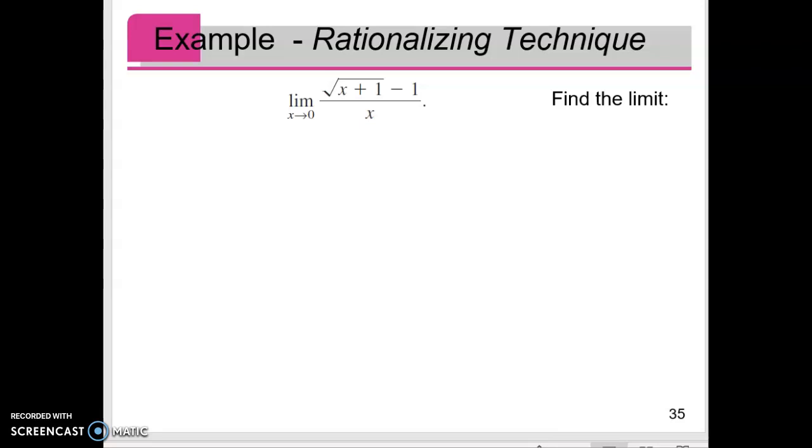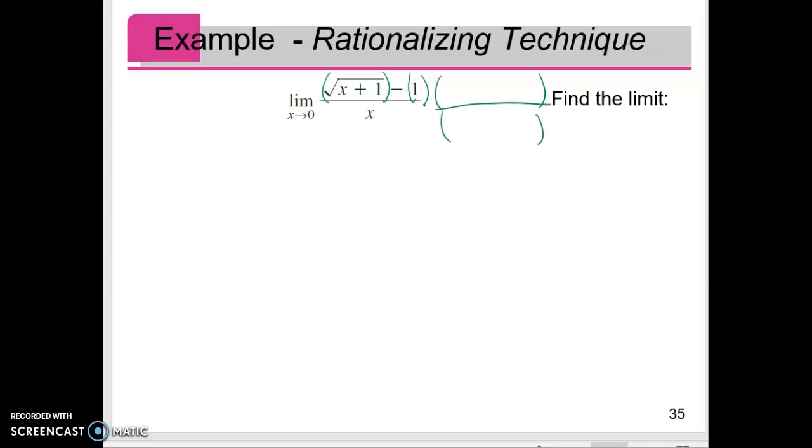Okay, this is called the rationalizing technique, which is the same idea as find a function that's the same function everywhere except at x equals 0. So what I'll do here is we call this rationalizing the numerator, which you're not used to, maybe. You've done some rationalizing the denominator in algebra class. So the goal here is to see what happens when I get rid of the irrational value in the numerator, the root. All right. So what I'm going to do is multiply both the top and bottom by the conjugate